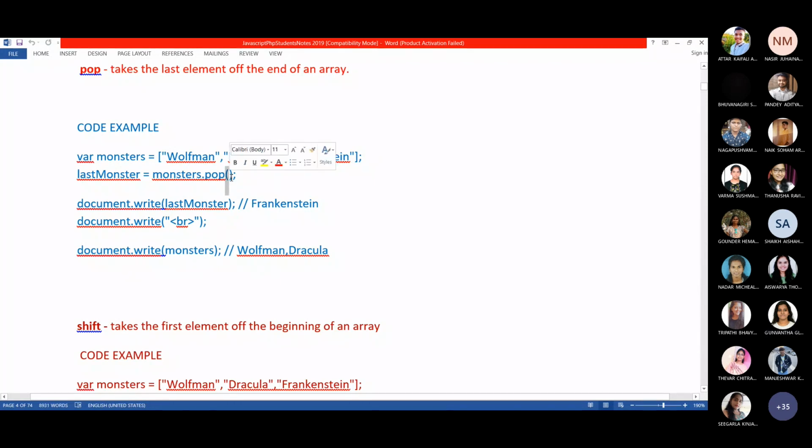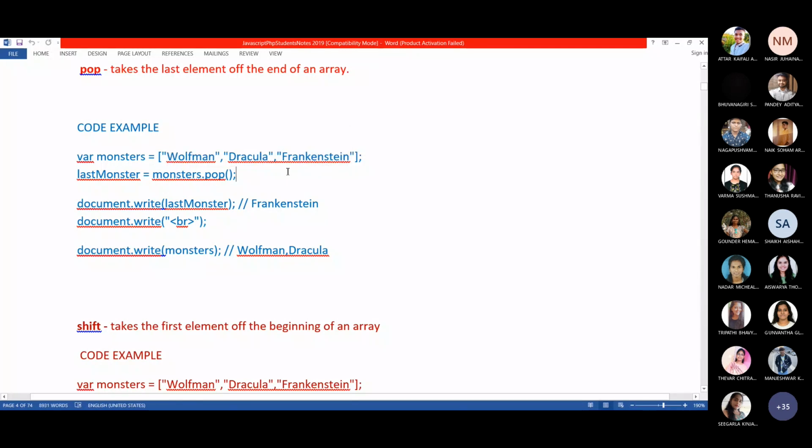In the push method, I have given the parameters, which are the elements to be added. But here I did not. Empty parenthesis, look here. So for the pop method you need not give any parameter. So what will pop do? It will just remove the last element from the monsters object. Here you mention which object? The monsters object. So in the monsters object, it will just remove or take off the last element. So which are the elements of the monsters object? These are the 3 elements which are there in the monsters object.